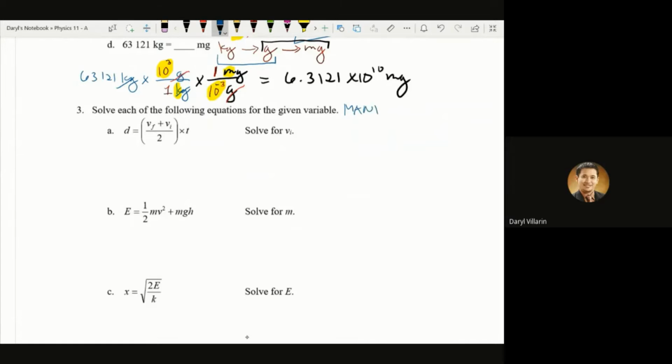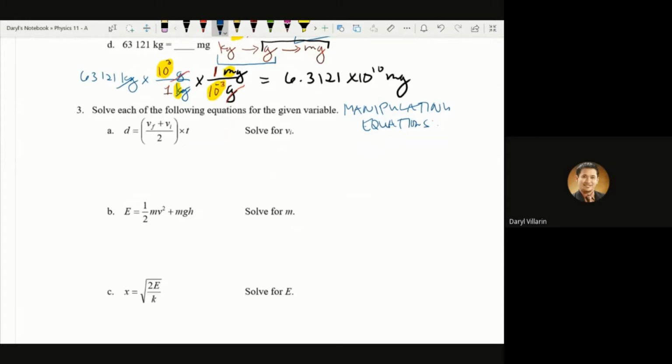Manipulating equations. Manipulating equations. Okay. So in this case here,